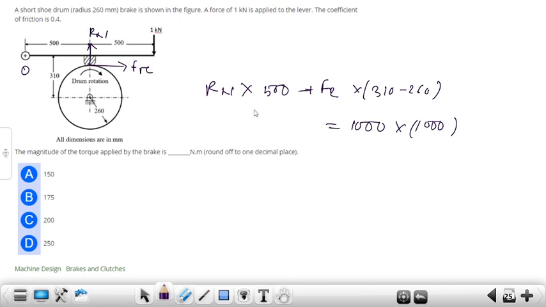Fr is equal to mu times Rn, and mu is given 0.4 into Rn. By solving this, we get